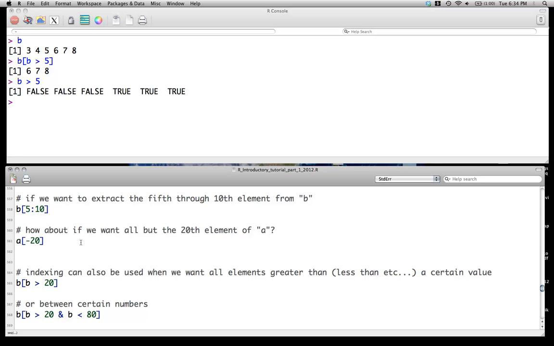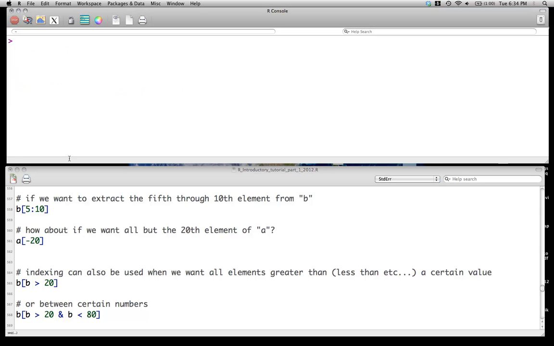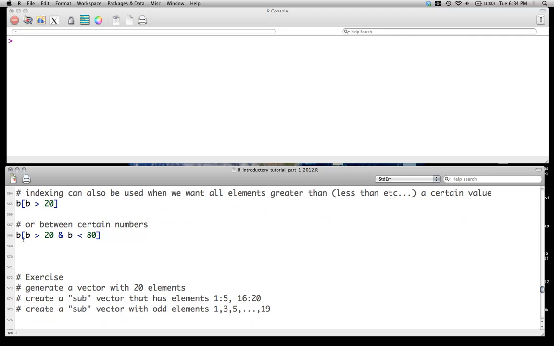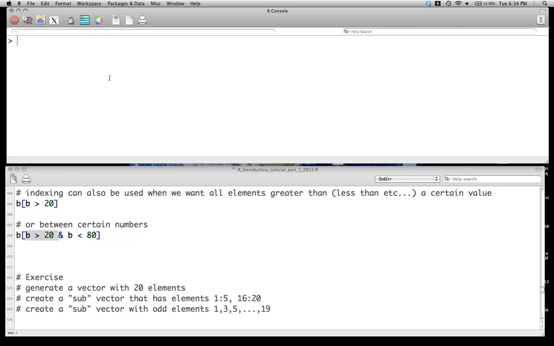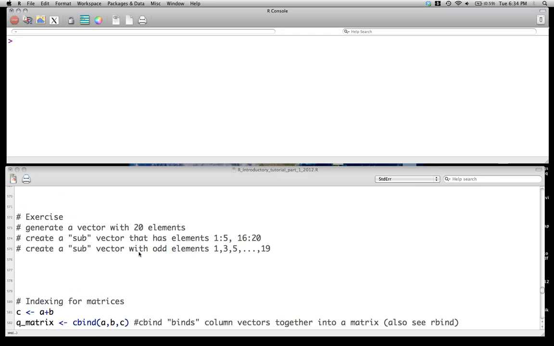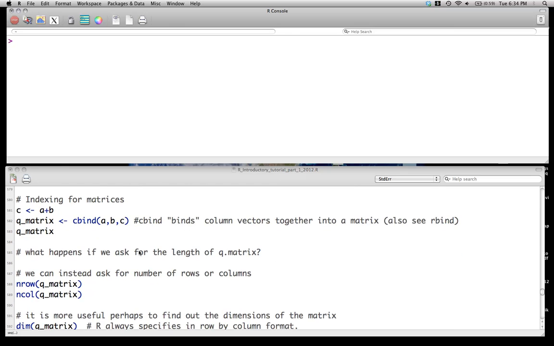You can do that not just for simple Booleans like that, but you can say, extract all elements of B where B is greater than 20 but less than 80, for instance. Maybe you have some data and you know that outliers are less than 20 or greater than 80. That would be a good example of doing this. We'll go through some exercises with that. Indexing for matrices is obviously equally important, so let's create